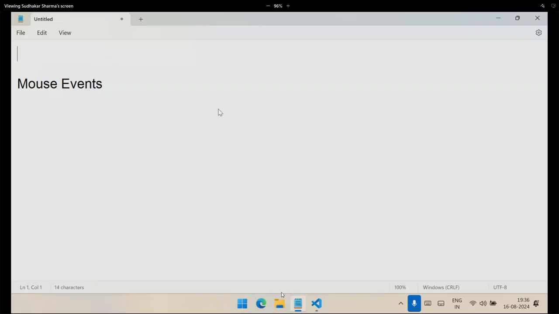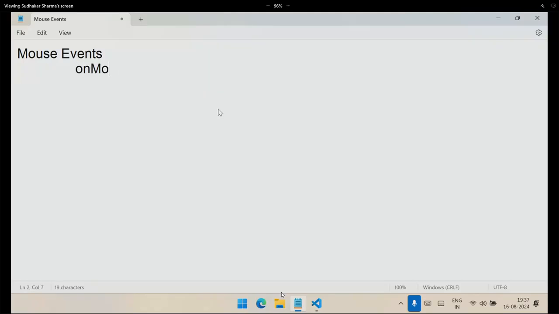How do we handle the mouse events? Events are categorized into various groups, so we need to understand these mouse events. Actually, events are classified into so many groups, I will tell you, we will see. Mouse events we are having